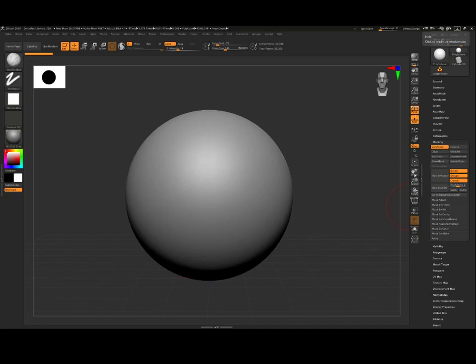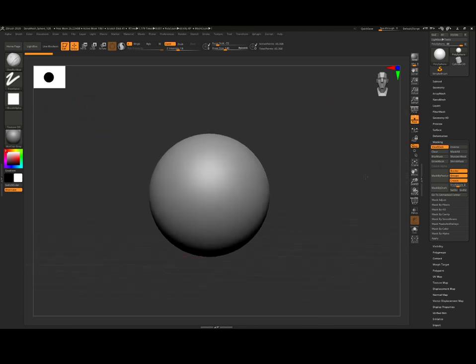Let's talk about the Shift, Alt, and Control keys. Whenever you are sculpting in ZBrush, let's take perspective off. When you want to sculpt in ZBrush, you have access to all of your brush